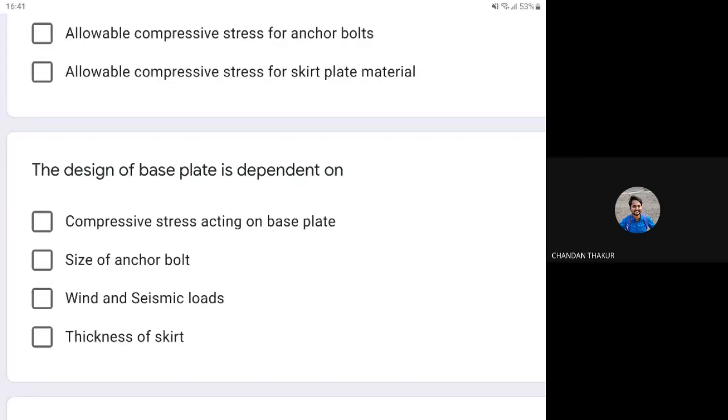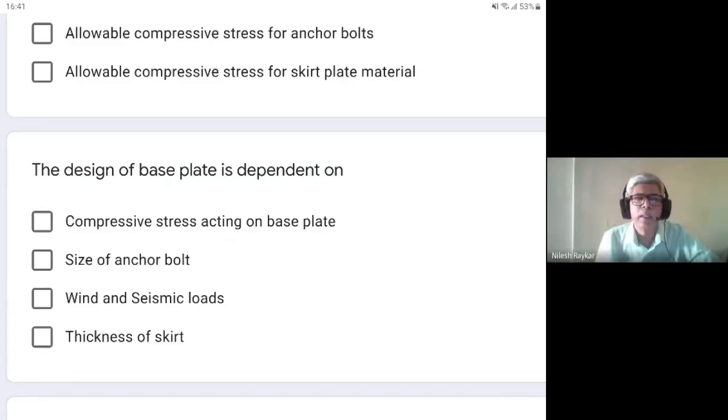While selecting the length L of the base plate, we have to consider that it should be able to incorporate the bolt in that. So we should select the length according to that. Right. So the width of base plate should be able to accommodate the anchor bolt as well as the nut by which you are going to tighten it. So it should have sufficient space. That L distance should be large enough so that the nut of the anchor bolt can be tightened. So there should be space for that.